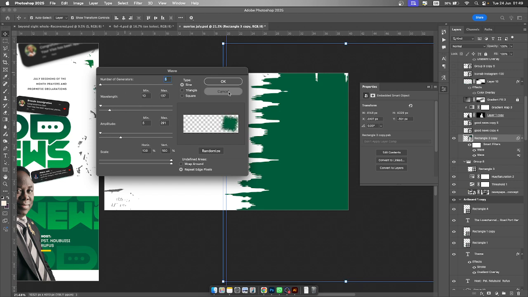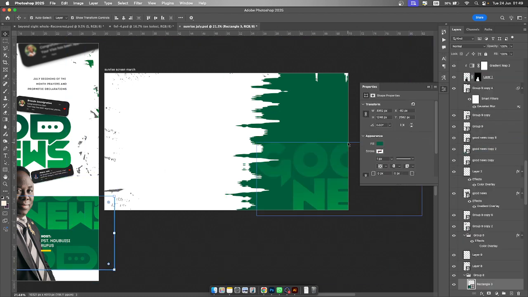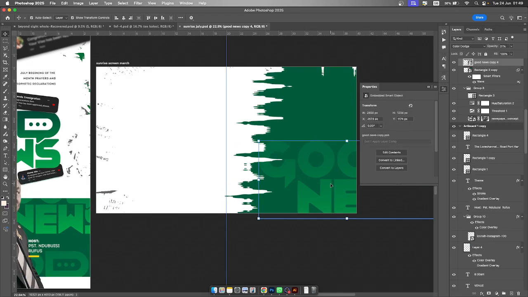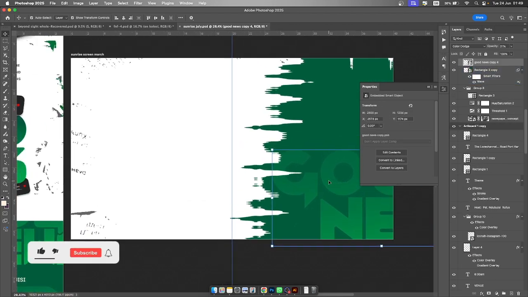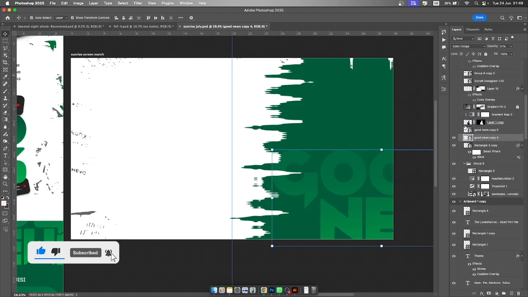Then okay, it gives me this, I just made it bigger. Because I was going to put some things here, I didn't want it to be all white. So next thing, the good news, same thing I did here. That's what I'm also doing here. I did it in the previous upload. So yeah, good news,